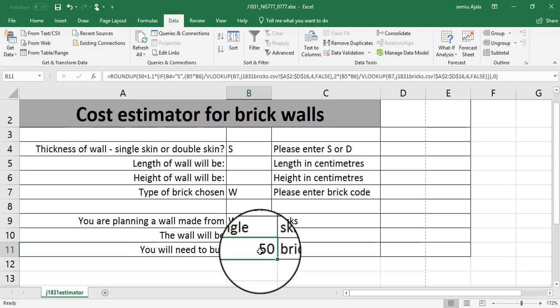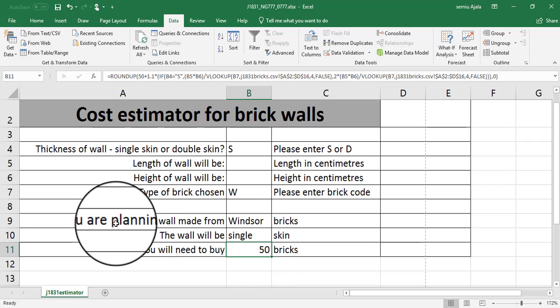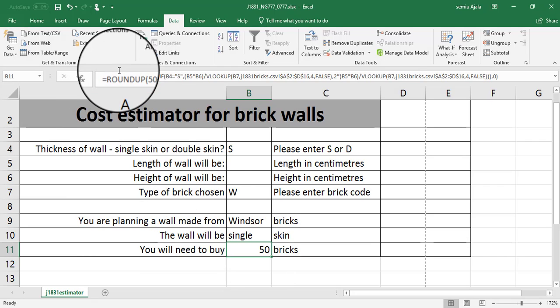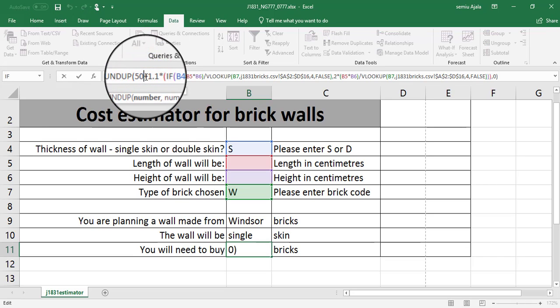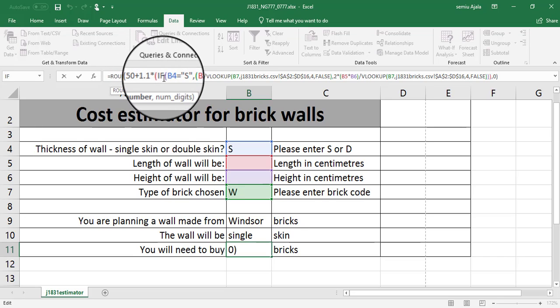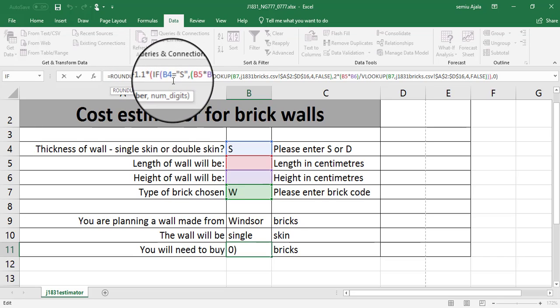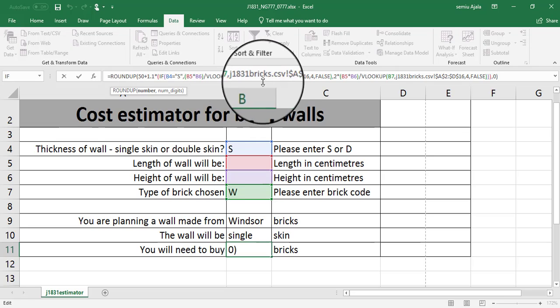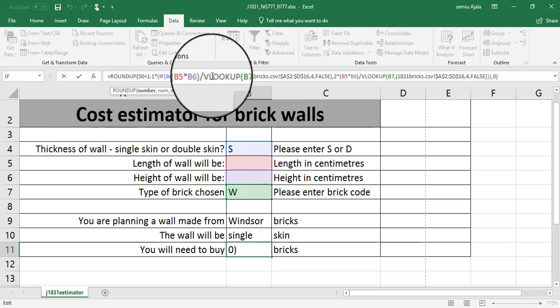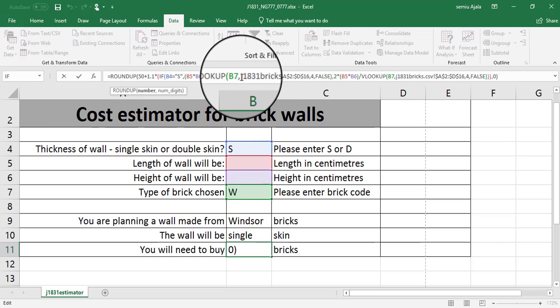Okay, so to explain it again, round up. We have 50 extra blocks to be added, then 10% of the formula should also be added. So if you calculate that, it will be 1.1 multiplied by. So the formula is, if it is single skin, that is, if B4 contains this, then the formula will just be B5 multiplied by B6 divided by the face area, and we use this formula to get the face area